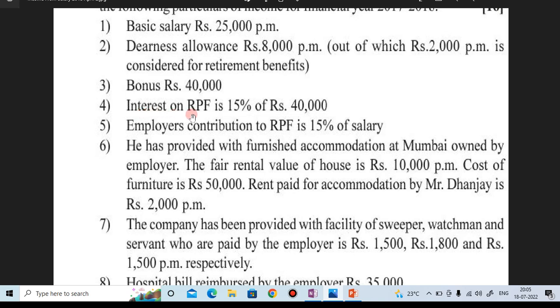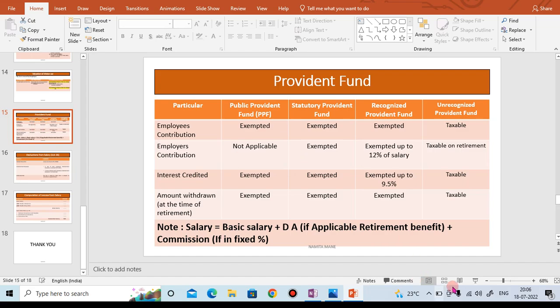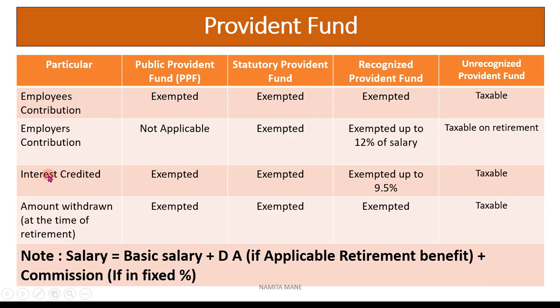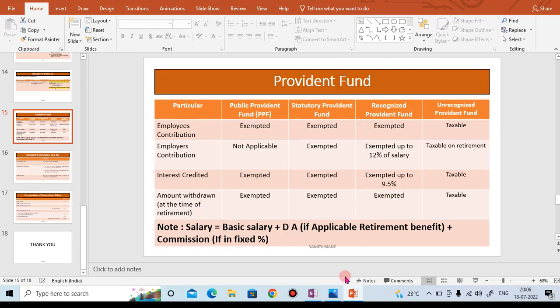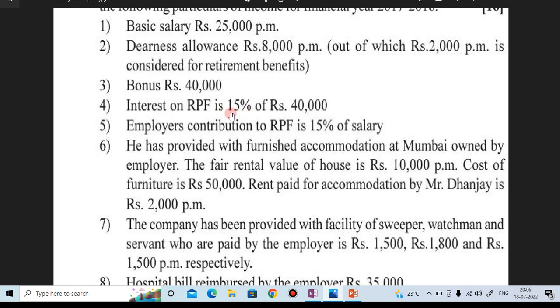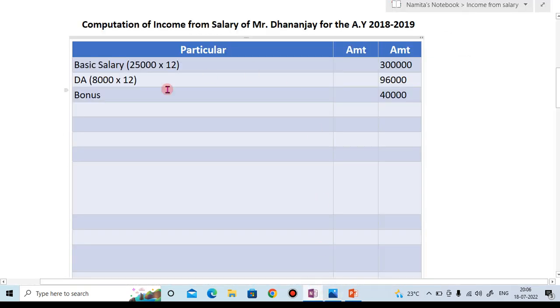Now interest credited on RPF, okay, exempted limit is 9.5%. Now see here, interest on Recognized Provident Fund is exempted up to 9.5% and the remaining is taxable. How much is tax free? The interest credited is tax free only up to 9.5%. Now here how much interest have they given? 15%. From this 15%, 9.5% is tax free and the remaining is taxable. So now here you will write